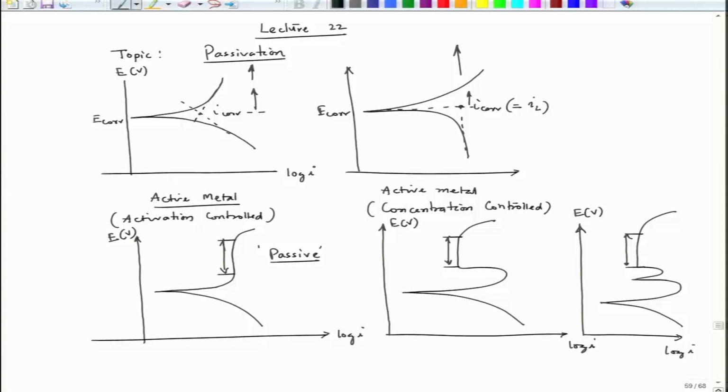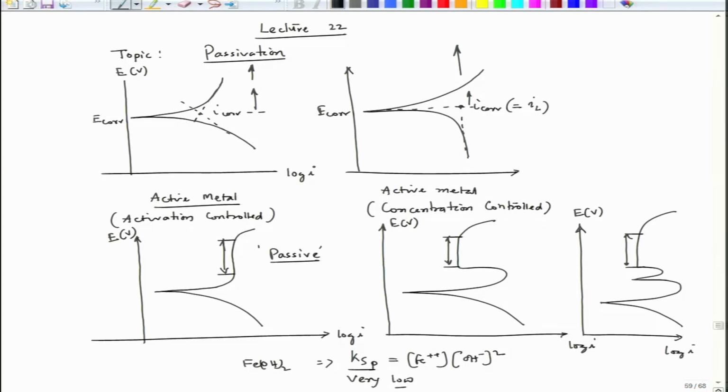Just to extend our discussion on solubility product, for example, we have Fe(OH)2. So, the solubility product, which is Ksp, is decided by the product of the Fe++ concentration and the OH- concentration squared. That is the solubility product, and if it is very low,